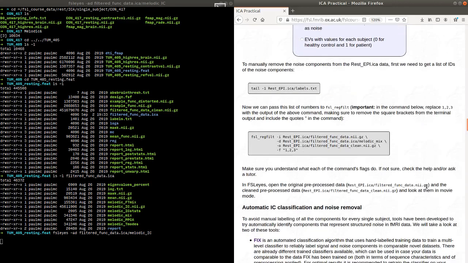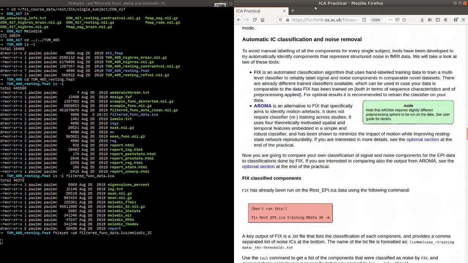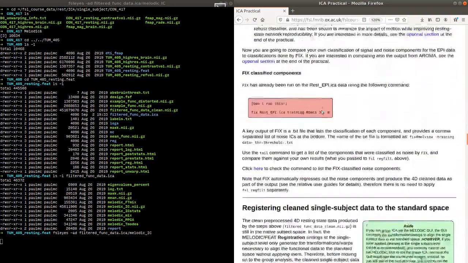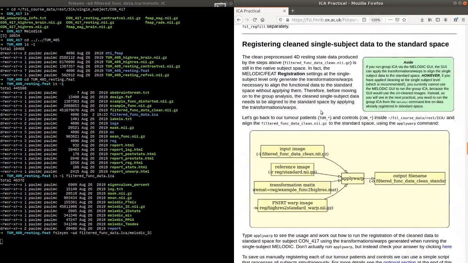Then it will get you to look at the difference between the noisy fMRI data that you started with and the denoised fMRI data after you've regressed out all of those noise components. Then there's a short section just discussing the automatic classification tools that were mentioned in the lecture. So the next section